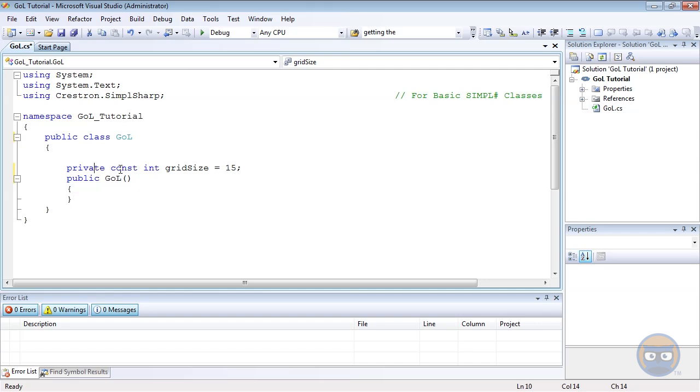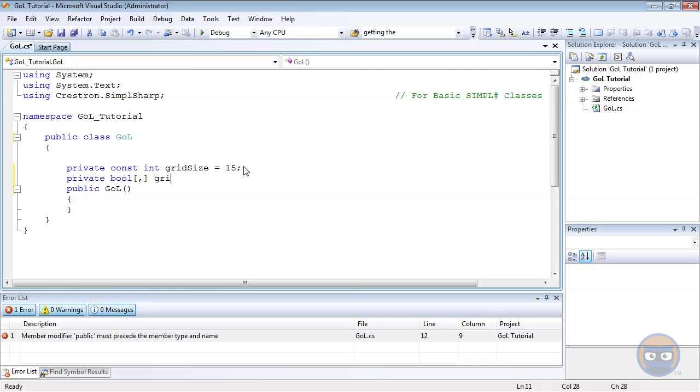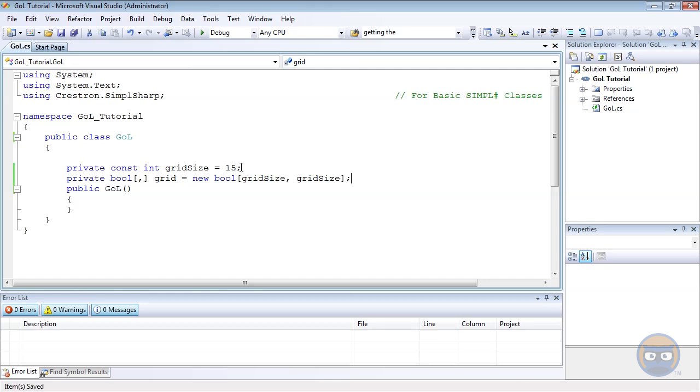of SIMPL+. Now the next thing I'm going to add is a 2-dimensional array that will store the state of each of the cells. And again, we're using the private heading because we don't want SIMPL+ to be able to modify this directly. The Boolean variable type is like your digital signals in SIMPL. It's either true or false. And then this new keyword here is just telling us that we need to set aside new memory for this